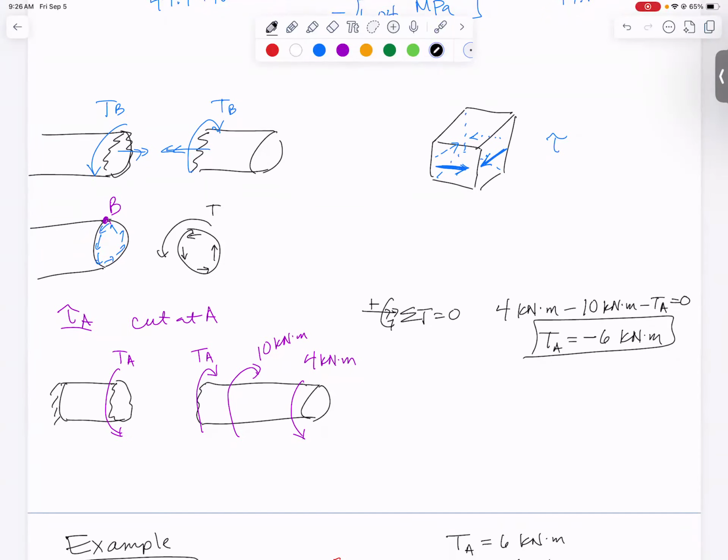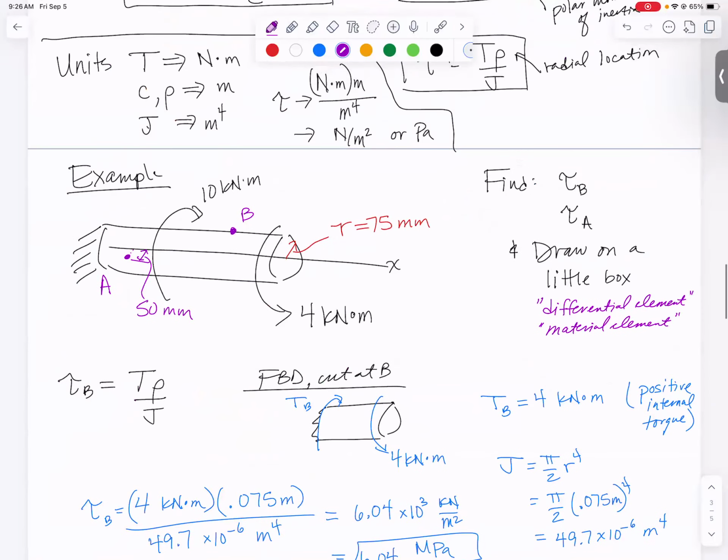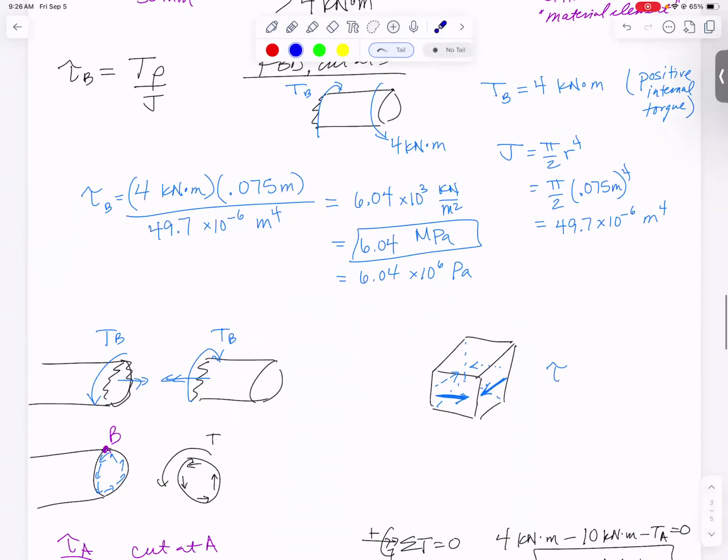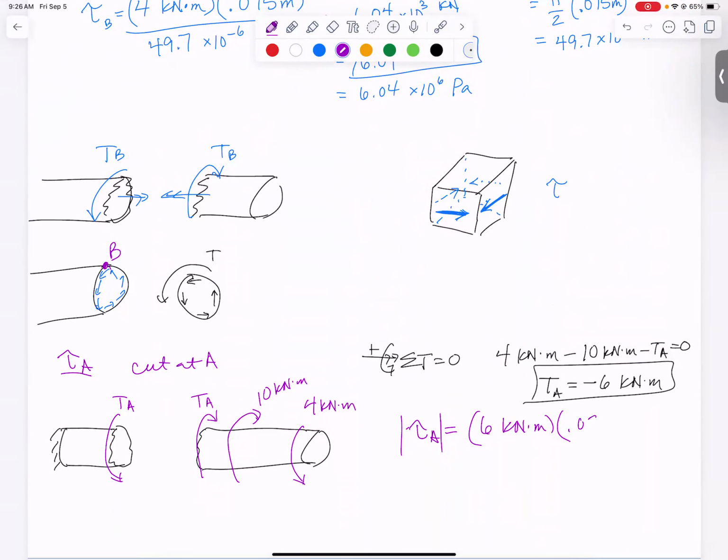First, let's calculate the stress. So tau A is going to be that torque. Let's just do the magnitude of it, and then we'll get the direction from the picture. It's going to be 6 kilonewton meters. Radial position of point A. This one was not at the outer edge. Instead of going up 75 millimeters, we're just coming out toward the front 50 millimeters, 0.05 meters. And then the J is the same, 49.7 times 10 to the minus 6 meters to the fourth,